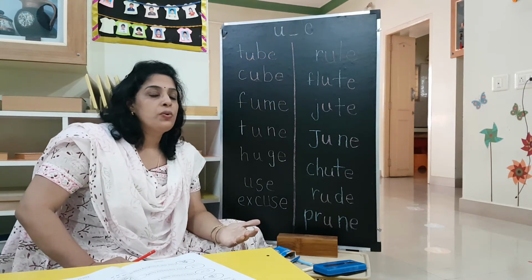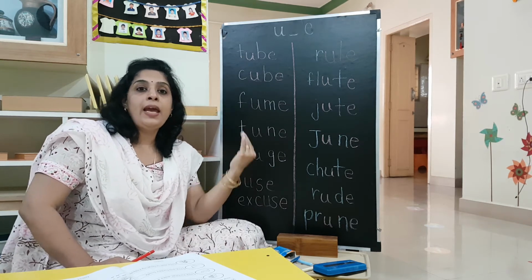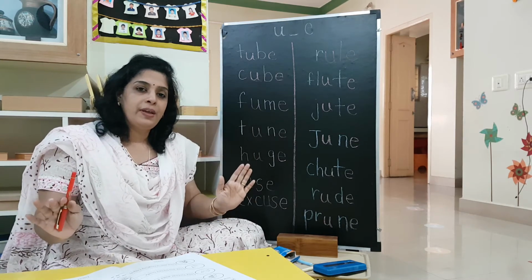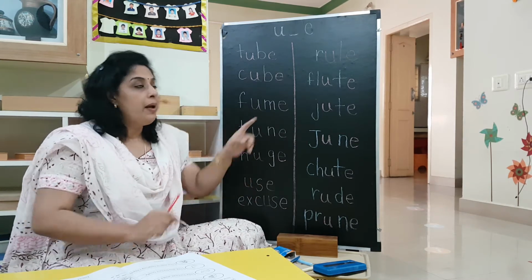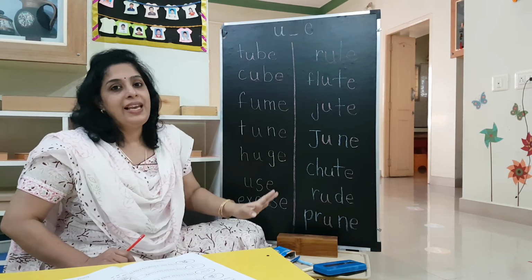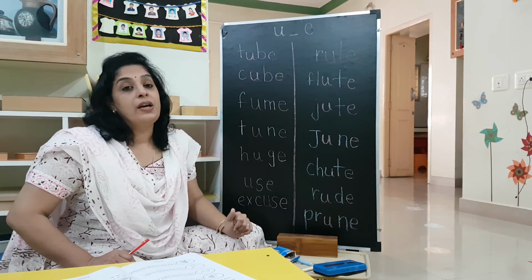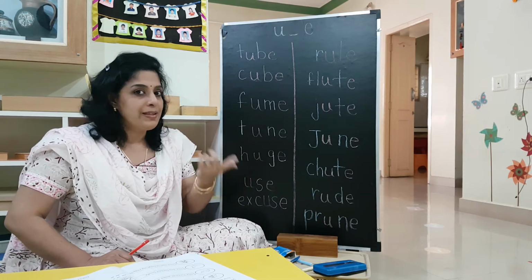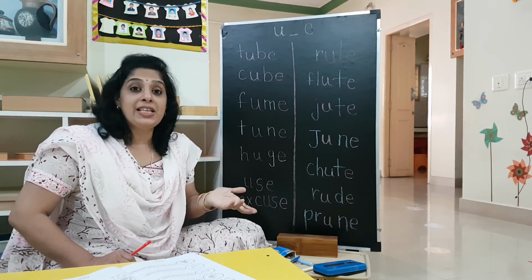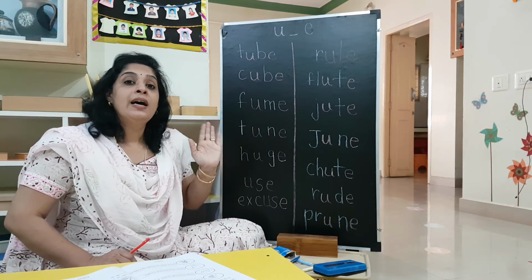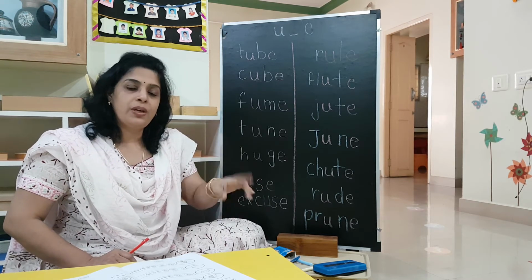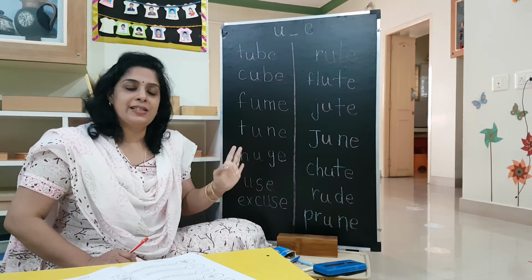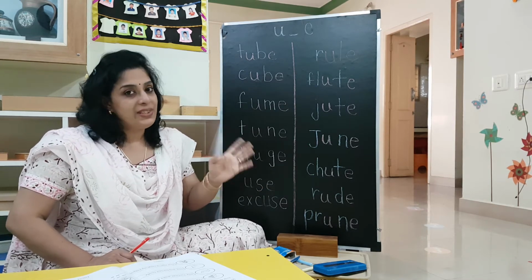Last time I told you, when a word has A consonant E in it, the sound of A is A itself and the consonant sound will be there, but the E will become silent. Correct? For example, name, E will be silent in it. Or when I write date, what is today's date? D-A-T. You write an A, consonant T, and the E is silent. Is it not? Name, date.